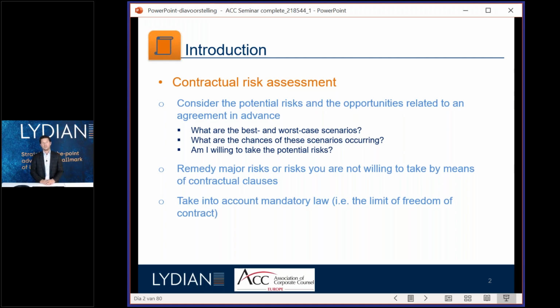The potential risk that you will want to take before or when entering an agreement will have to be covered by contractual clauses, and it's just these clauses that we will discuss in this webinar. Of course, you can provide or stipulate everything in an agreement when it does not go against public order, but the freedom to contract is also a little bit limited because of mandatory law. Mandatory law can be the local law of a country, Belgian law we will discuss during this webinar, but can also be, of course, European mandatory legislation, which will apply no matter what. That's also important to address.